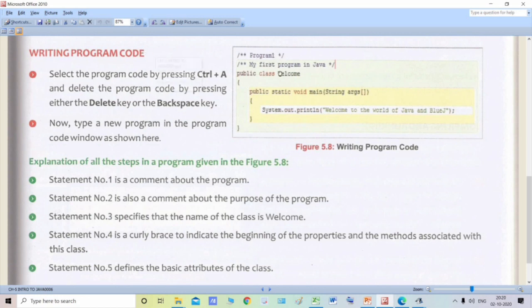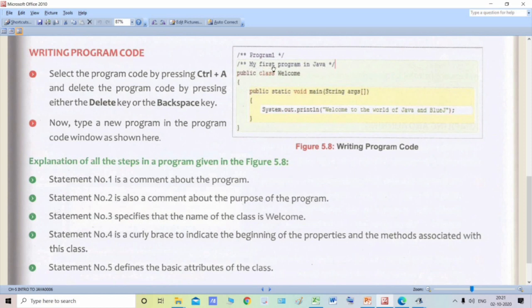This first statement is a comment about the program. This is totally optional, I've already told you about it. Then statement number two also is a comment. It tells about the purpose of the program.